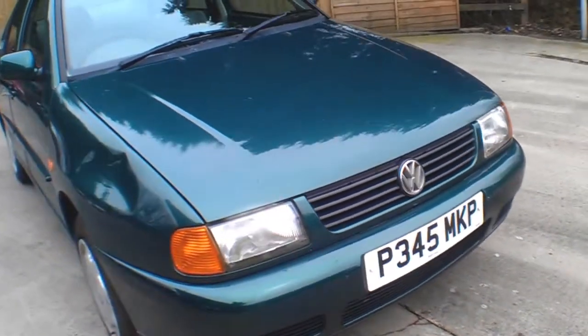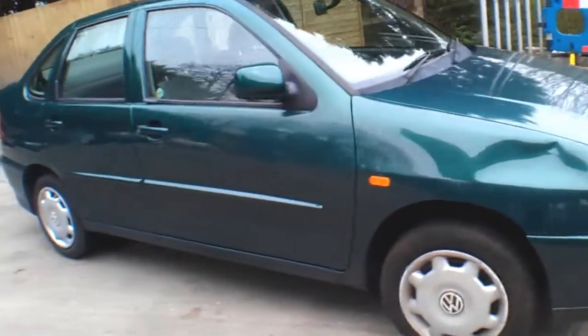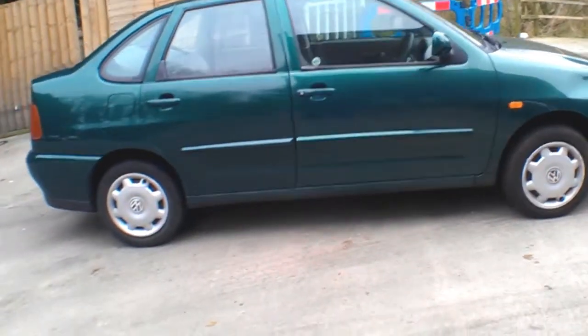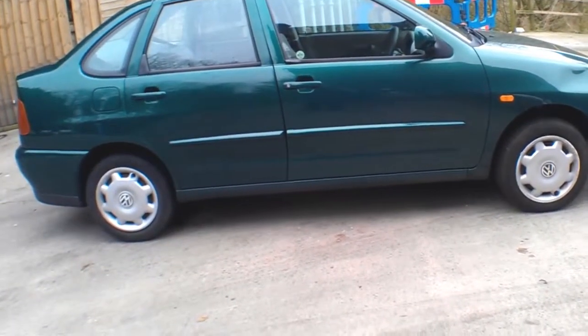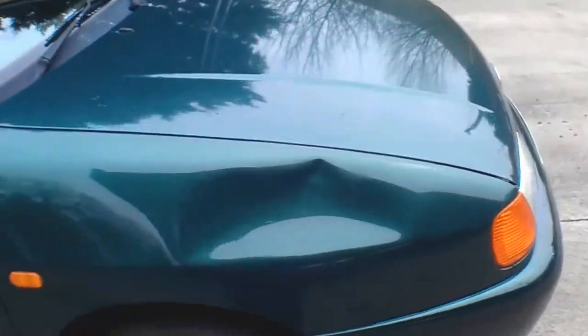I'm Neil from Bathcars, and today's car is the VW Polo, 4-door saloon. This one, so rarish car. We've got two at the moment, a blue one and a green one. This one's a 1.6 L spec with 88k on it, and it does have a dent in the wing. It's not broken the paint, but there is this dent in the wing, which I imagine can be repaired pretty